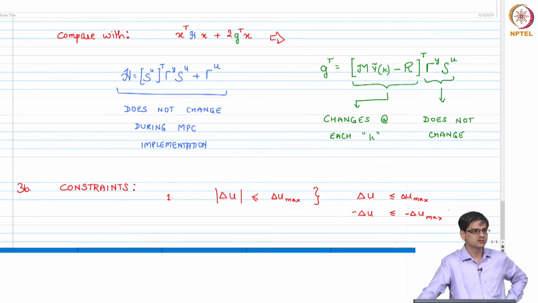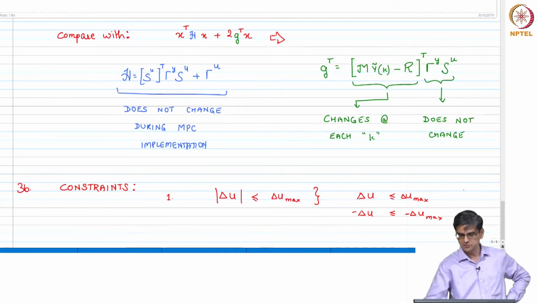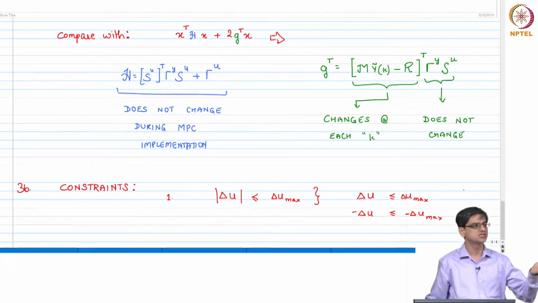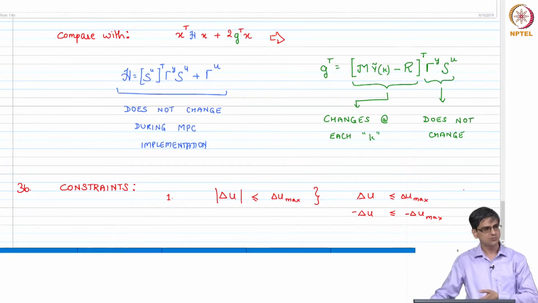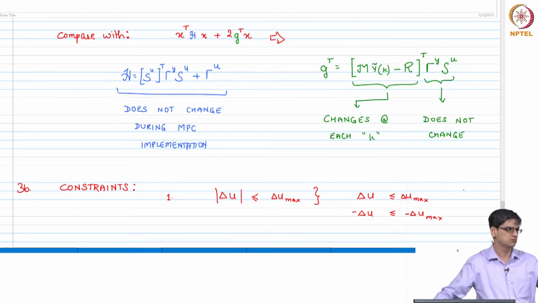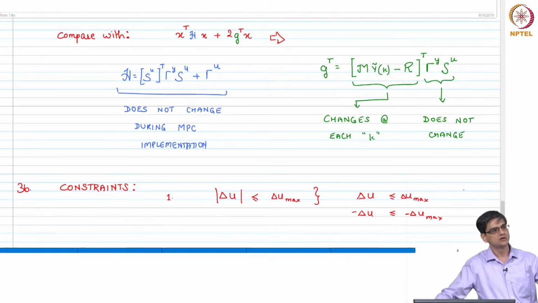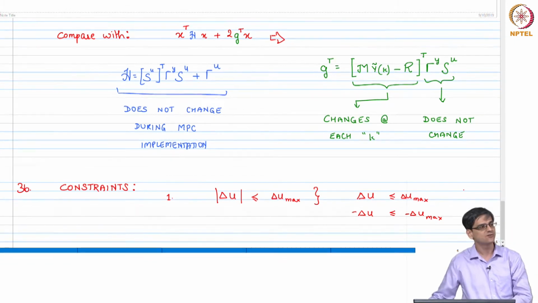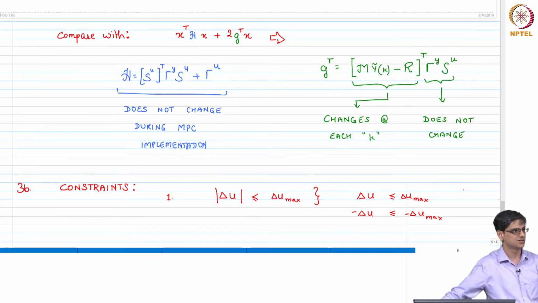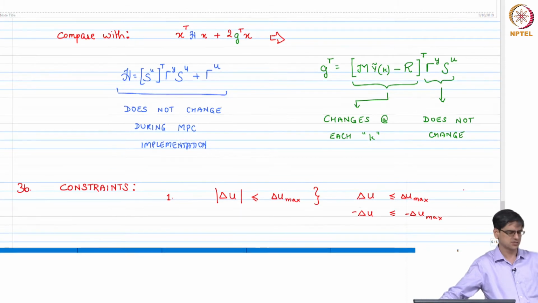Yeah, this almost looks like an odd combination, right? If you are going to just multiply this equation with minus 1, your sign is reversed. What that means is, let us say your delta u max is 0.1. The first one ensures that if your delta u is negative, it is definitely less than 0.1. But if delta u is positive, it is below 0.1. What does the second one ensure? That if your delta u is negative, then it should be greater than minus 0.1. That is what these two ensure.